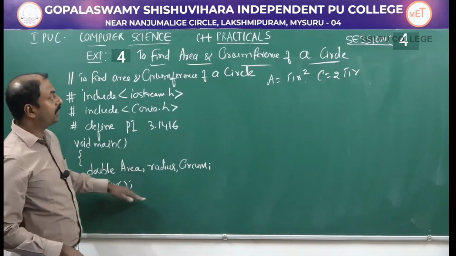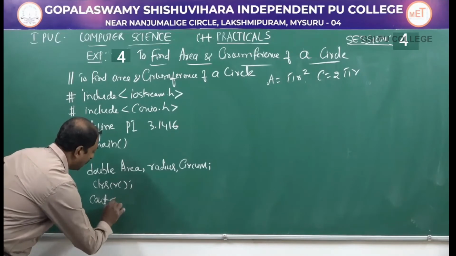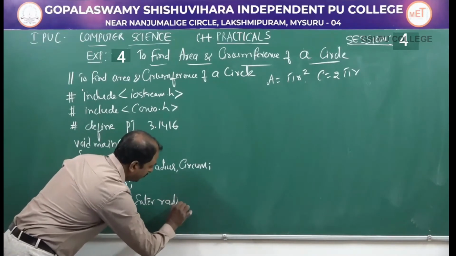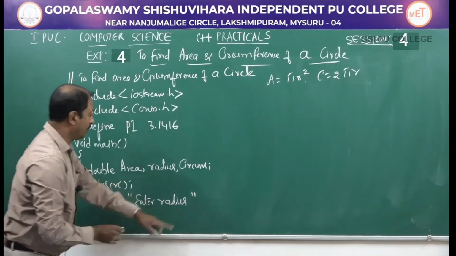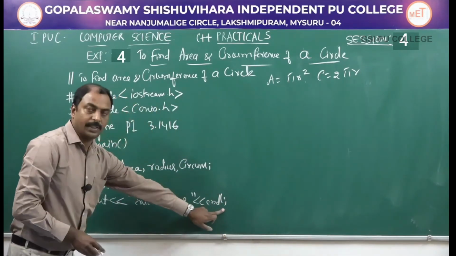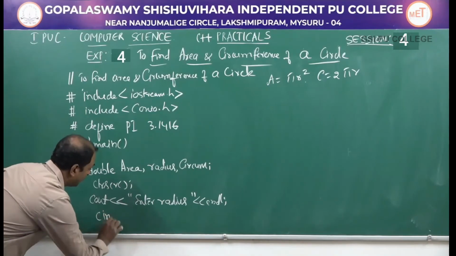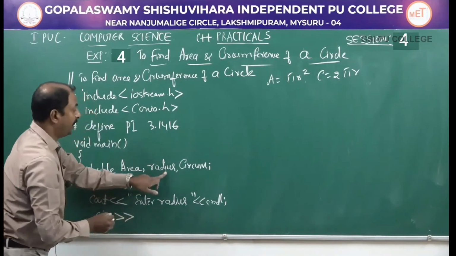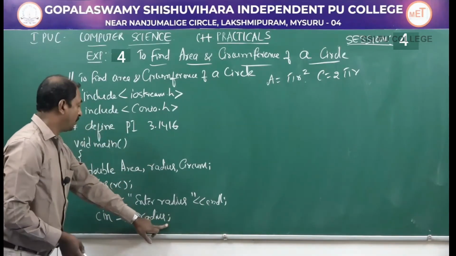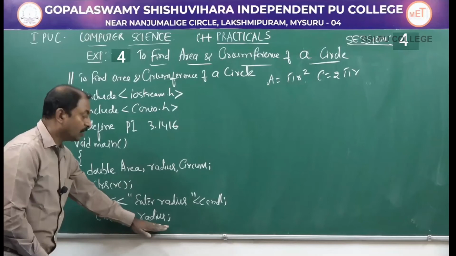After clear screen we have to enter the value of radius. So here I will write the output statement cout, enter radius. I say enter radius. I am closing this. I can make use of endl as a manipulator, semicolon. Next step is to accept the value of radius. So here I can write cin, the input statement, variable is radius, and semicolon. So this is cout enter radius, and then we enter the value of radius.